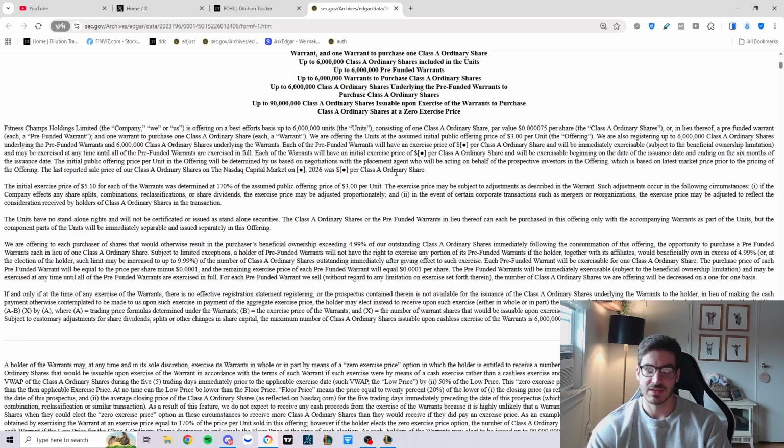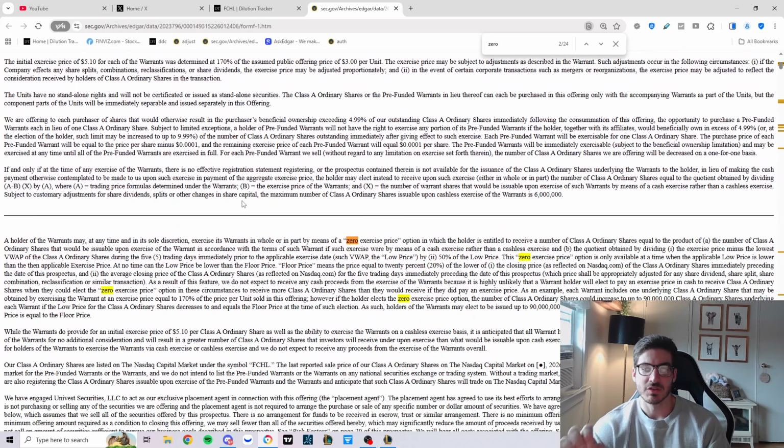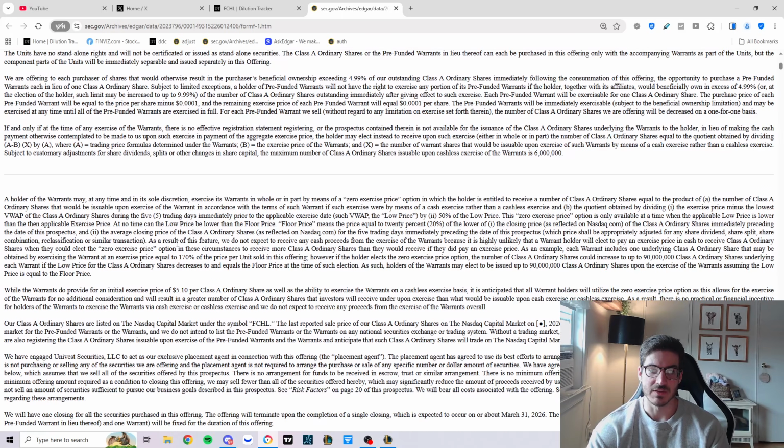So one of the biggest and most important things is being able to see if they're zero exercise. Now this one, they made it easy. They put it right at the top. So this says up to 90 million shares upon exercise of warrants to purchase Class A at zero exercise price. Okay. Most of the time, I'd say 99% of the time, if there's a zero exercise option, which is cashless warrants, they're always going to do zero exercise. They actually even tell you, if you read the filings, which most people don't,